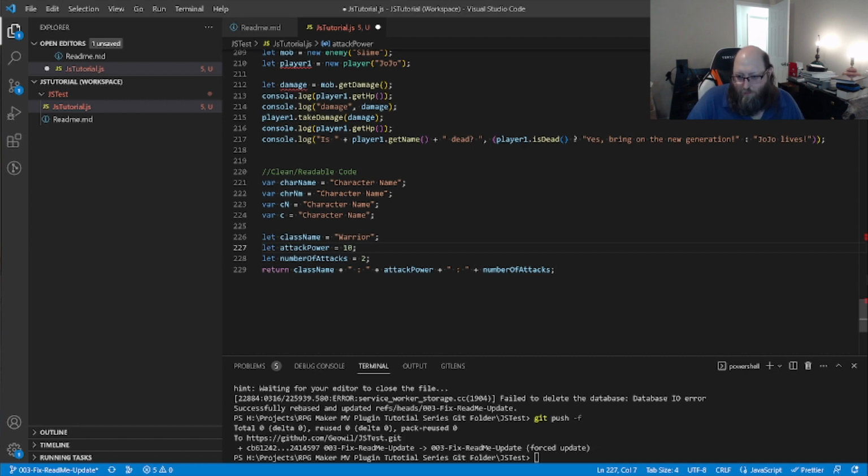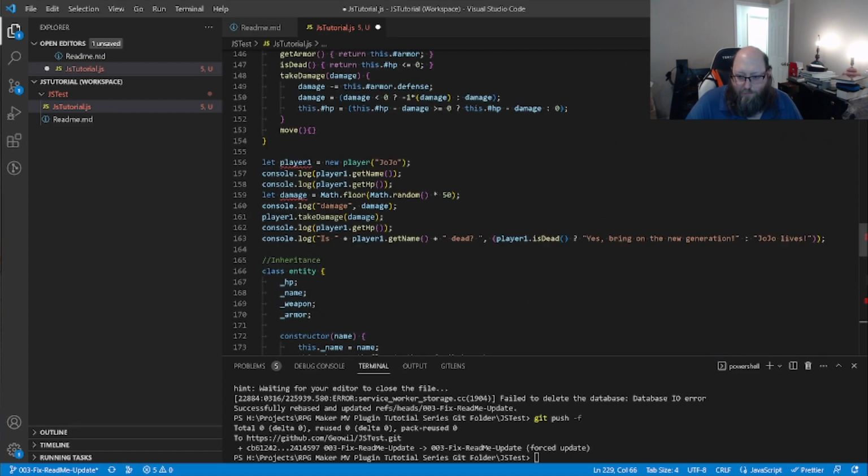So that brings us to the readable code section. Part of writing clean code is writing readable and meaningful names for functions, variables, classes, and so on. The other half of it, though, is that the code that you write and how it is processed should be readable. You should be able to see, for example,